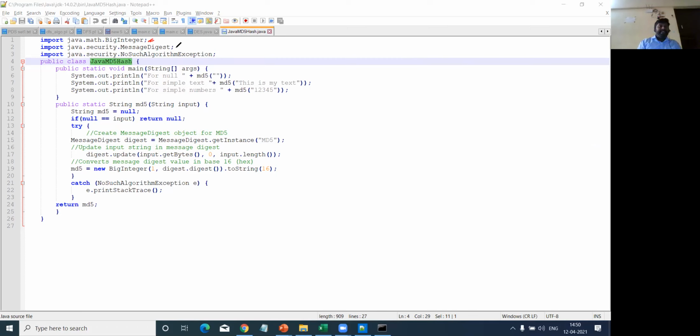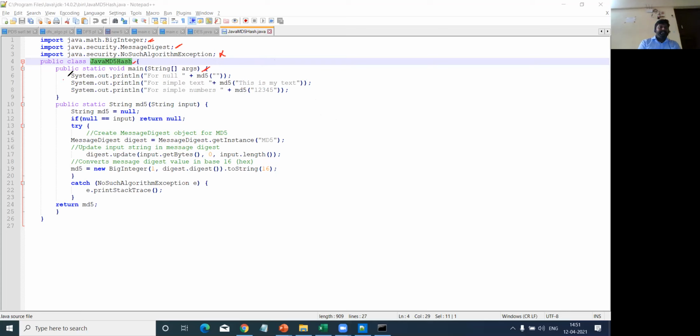Second is message digest, where in Java we have the predefined library package, which is MessageDigest. If you want to use any message digest algorithm, we can use this MessageDigest as well as secure algorithms, right? Again, here this is a package for an exception, NoSuchAlgorithmException, which is under the security packages, right? Followed by this is my class name, public class JavaMD5Hash, the class name as well as file name, and followed by the main function declaration starts.